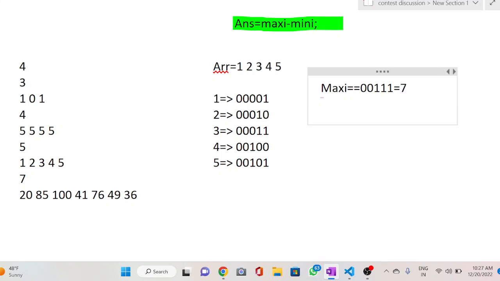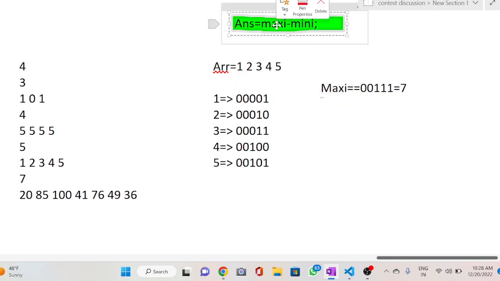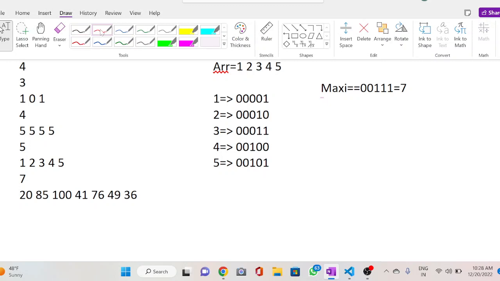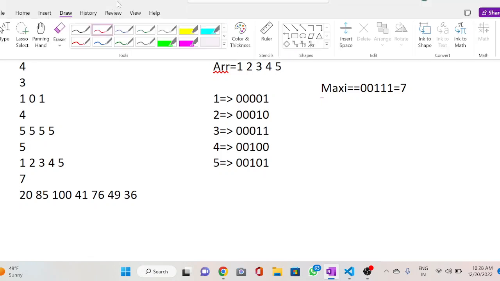And now we try to minimize mini, because to maximize this whole expression you can maximize this value, which is our maxi, and minimize this value, so automatically this expression will get maximized.